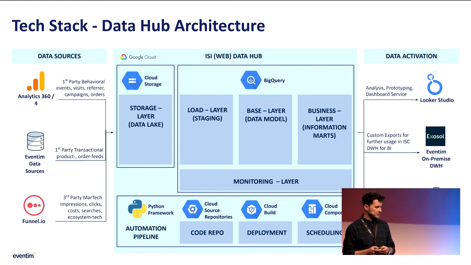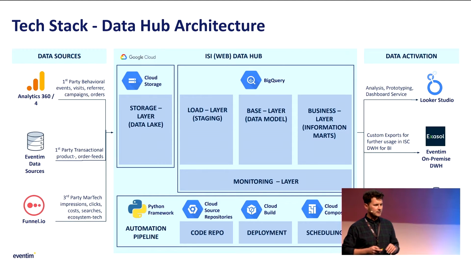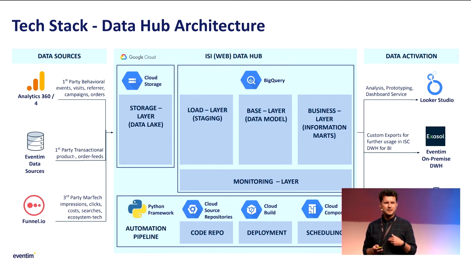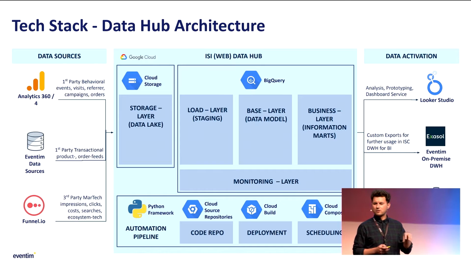A further use case we have is to provide custom exports for further databases. Beside Google Cloud Platform, we have the Web Data Hub, internally called Web Data Hub, or Marketing Data Hub sometimes. And we also have an on-premise data warehouse solution based on an Exasol database, which has a slightly different data model. So we still have use cases where we need data in Exasol, mainly because our business intelligence department is heavily using transactional data for purposes like finance reporting, corporate reporting, etc. They have other BI solutions in place there as well.